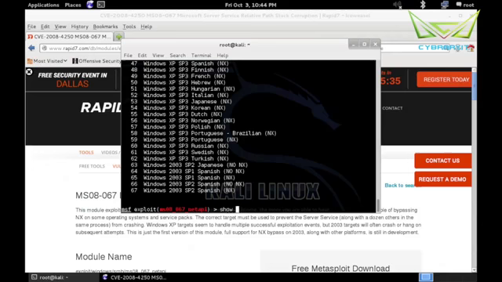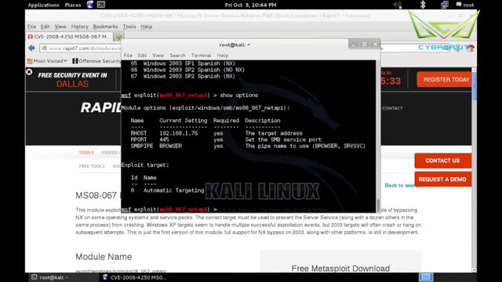So it looks like everything is set now. If we do show options, in fact, we now have our host, so everything should be good to go. We have forgotten one thing. We have not set a payload. Metasploit will, if you don't set a payload, choose a default payload for the module and do its best to run correctly. But we should certainly know how to set a payload. The default may not always be what we want,